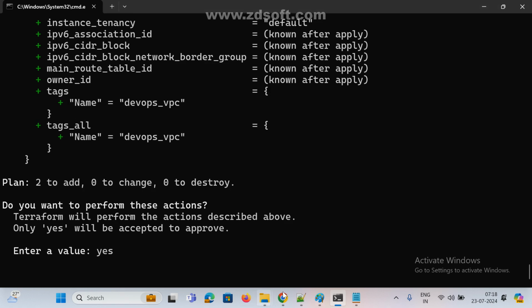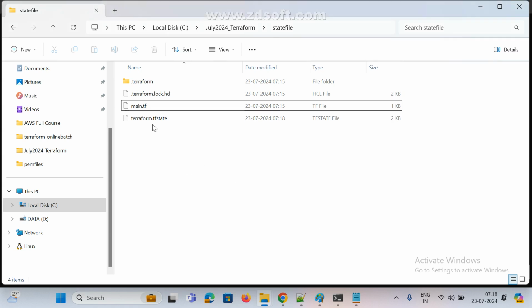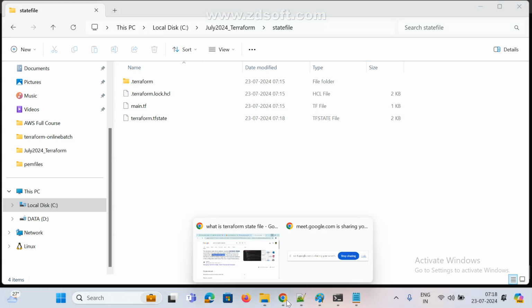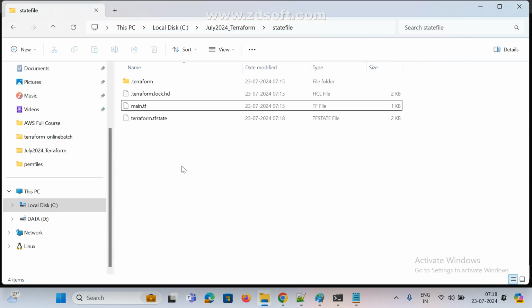Try to understand: the Terraform state file is created. So where is it creating? Your directory only, your current directory. Current directory means where you are running. See here, the actual content of this is in JSON format, and it has your actual configuration and resources.